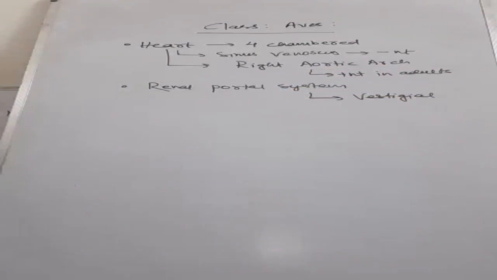Vestigial organs are those systems which were previously functional, but in due course of time, due to low activity, they become vestigial, that is non-working or non-functional. Now, vestigial does not mean degenerated. Degenerated means different. Vestigial organs are not degenerated.